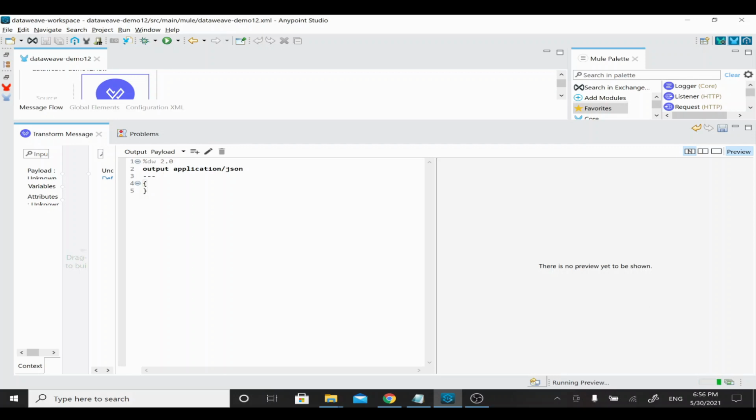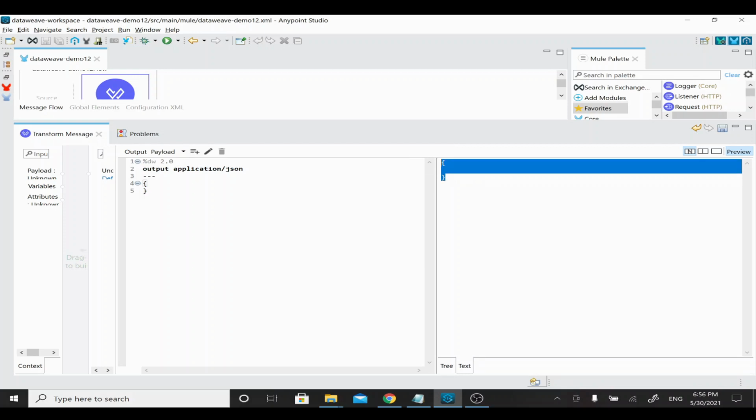As of now, this is the header and this is the body section, where in the body we have only the open and closing curly braces. So this will result here on the right side. Once we see that result, we will type some code in the DataWeave editor. It's running a preview. Yeah, this is the output we currently have for our program.